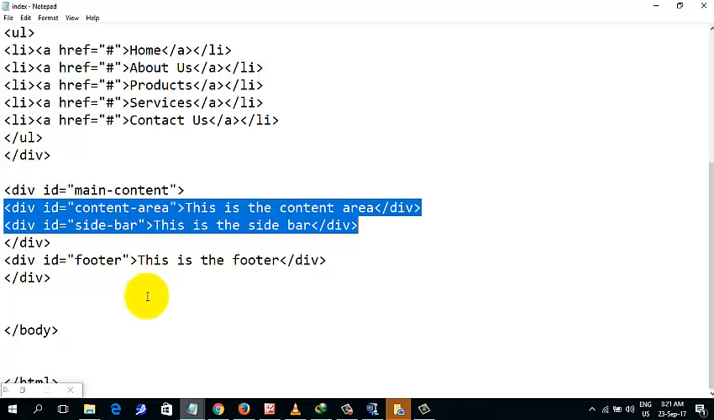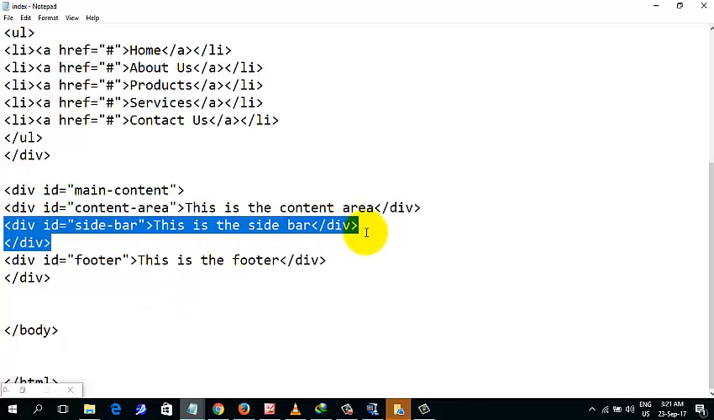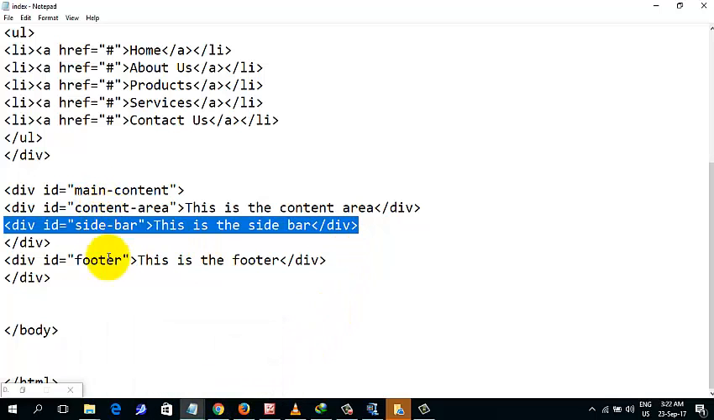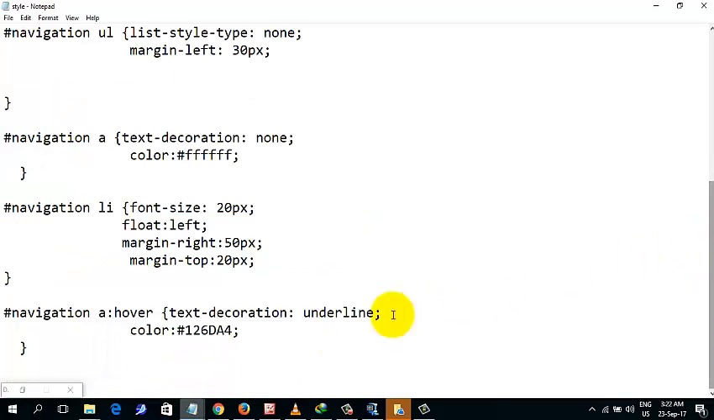So I'm going to start with the sidebar, and I'm going to put sidebar before. Okay, let's push it to the left hand side. So I think it's okay like that. I want the content area to come before the sidebar. So if I come to the CSS and I start as